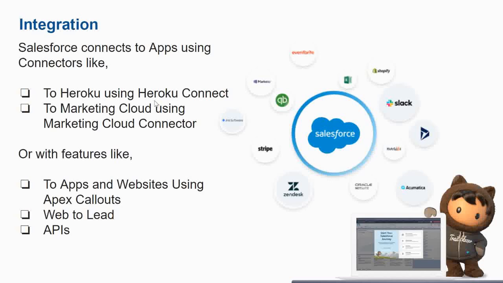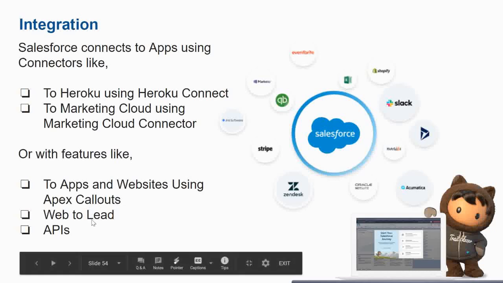For Heroku, Heroku Connect objects and Postgres databases, so you can transfer records back and forth between them, okay. For Salesforce Marketing Cloud, there is the Marketing Cloud connector, with which you can connect Salesforce Sales Cloud to this, okay. So these are the connector options. Other than this, Apex callout is, yes, always there. I have shown you earlier that Apex callouts can be used to connect to third party. There is web to lead. Web to lead is used to get data. I have shown it in an earlier video.